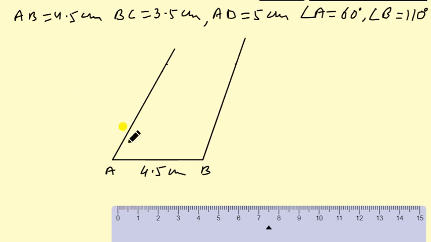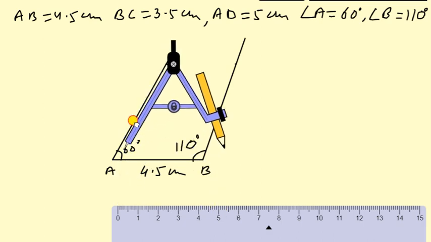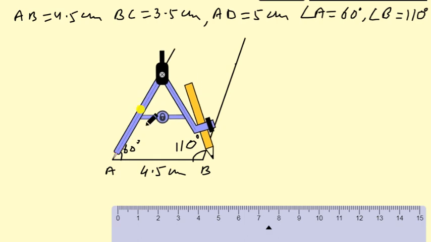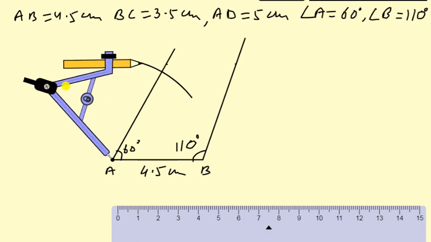Yes, like this. And write the angle. It is 60 degrees. And this one is how much? It is 110 degrees. Now make an arc from A with that distance, which is 5 centimeters. So take 5 centimeters on this scale. Take a 5 centimeter distance in your compass and place it at point A. This is your point A, and now make an arc like this.